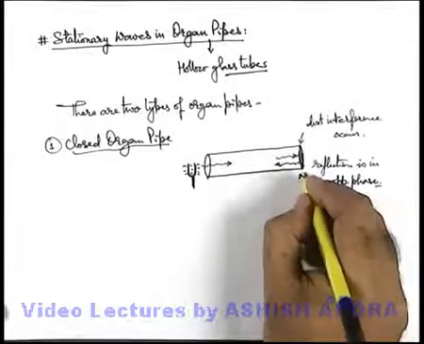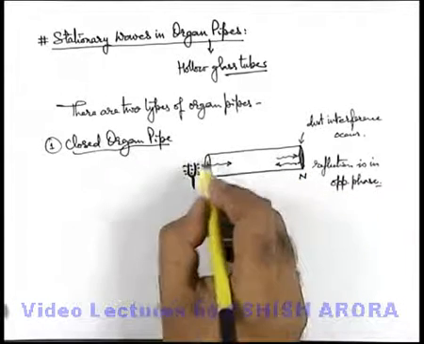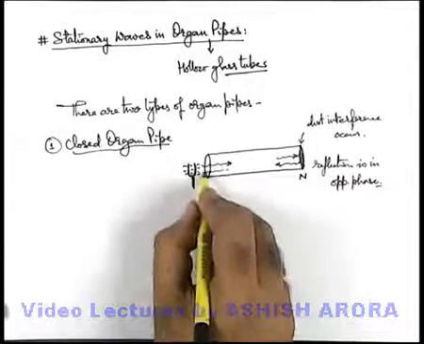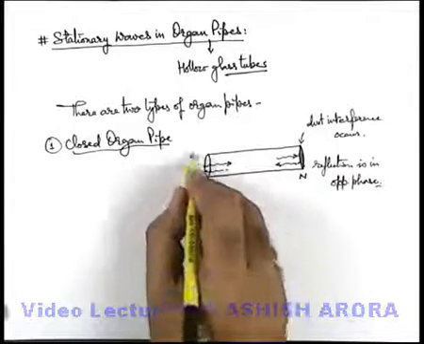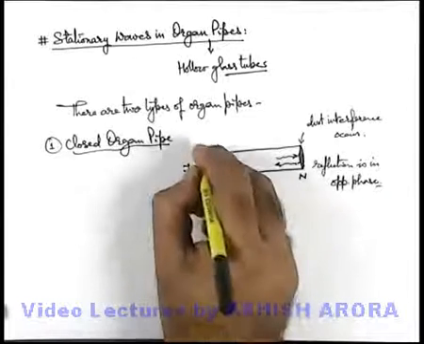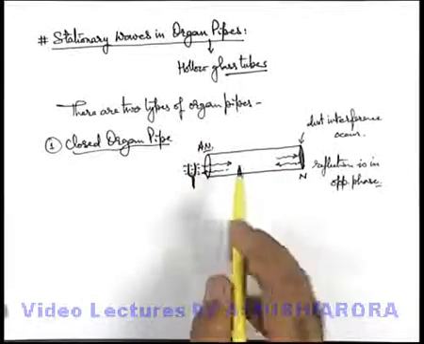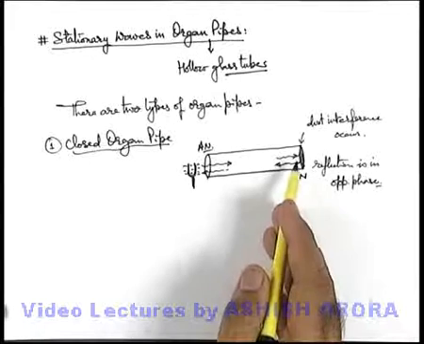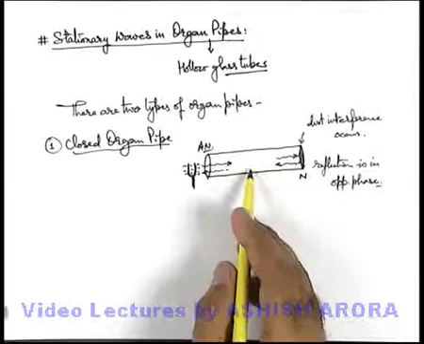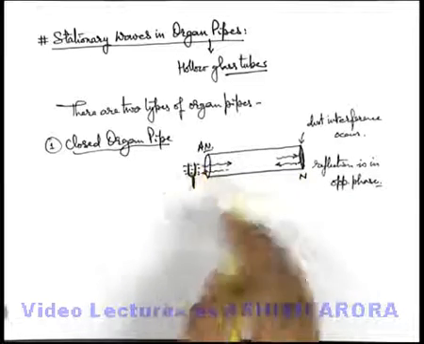where we consider that at the closed end a node should be produced, and at the open end, as the oscillating source is there, as well as when the wave from inside comes and is reflected from the air, which is a rarer medium, it is reflected in the same phase. So at the open end we can say an antinode is produced. So for the formation of stationary waves, the wavelength should be adjusted inside the pipe in such a way that at the closed end a node is there and at the open end an antinode is there, otherwise the wave will